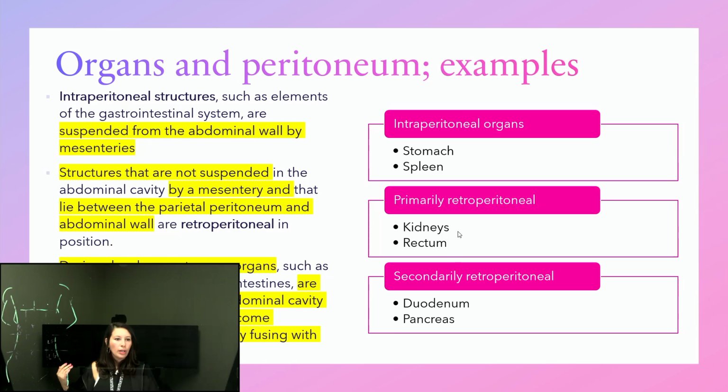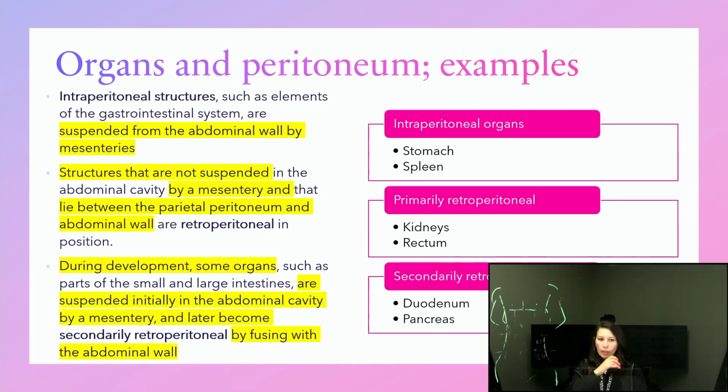And so those are, for example, your kidneys and the rectum. We're going to talk about kidneys when you get into the posterior abdominal wall. And then thirdly, it says here, during the development, some organs